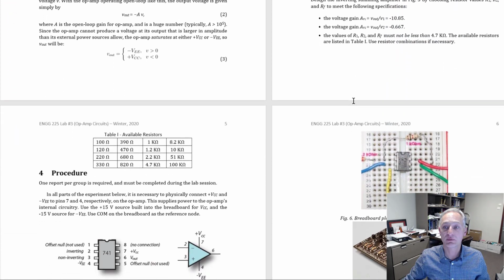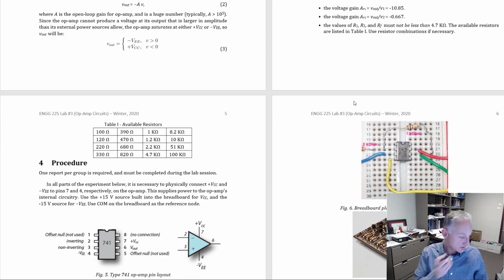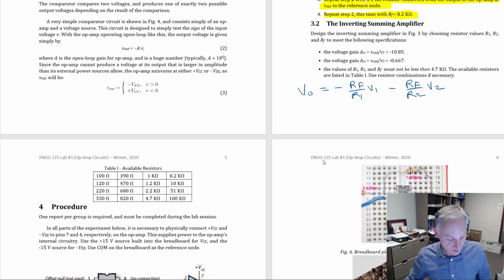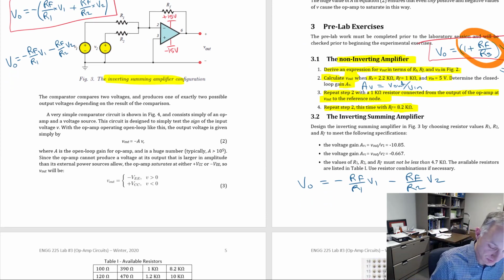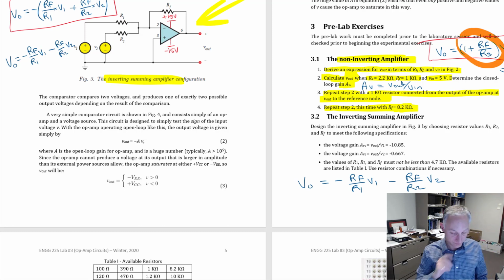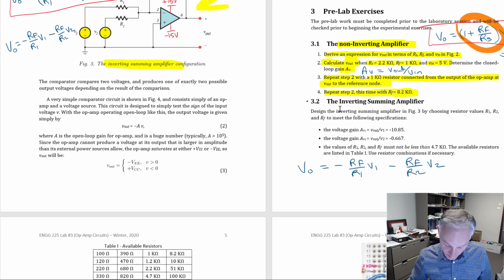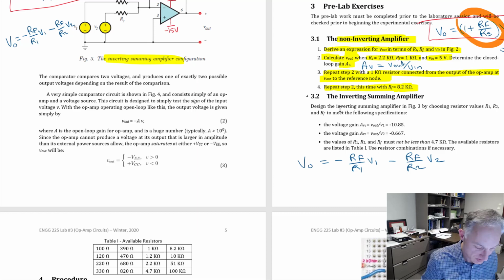It's the inverting summing amplifier. Okay. So let's write out what that equation was. Okay. So that equation was V out is equal to minus RF over R1 times V1 minus RF over R2 times V2. Okay? So remember that circuit was this one here. So that's this circuit right here. Okay? So that's the circuit we're going to be playing with. Okay. So then, okay, now we got both on the screen. Very nice. Okay, so